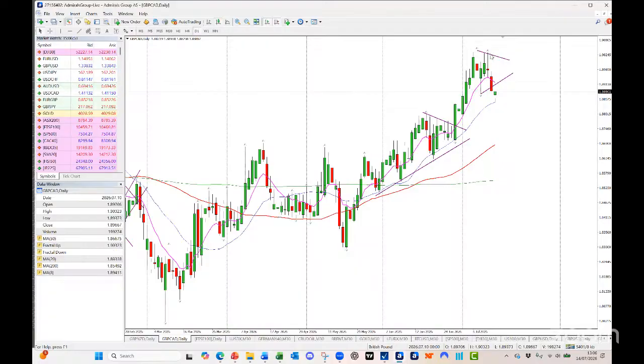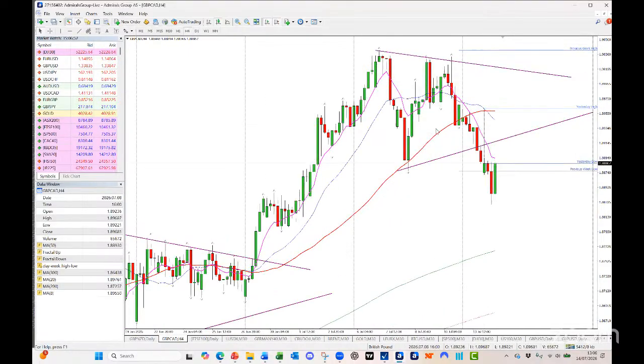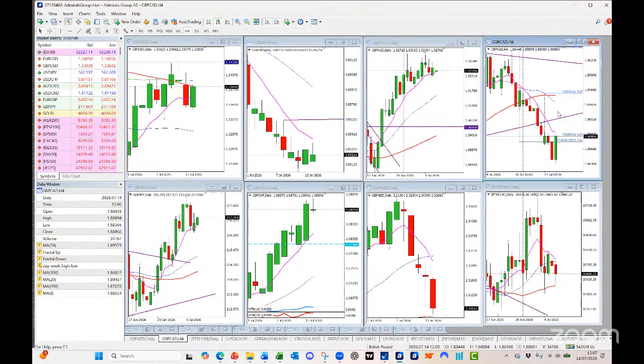It's broken the 0.2, and now we're looking to see, well, actually, can it follow through? Can it work its way from that? All right, is that what we're going to be looking at? Okay, so yeah, bit of Canadian data, bit of UK data. It might be messy until then. All right, so just watch and shoot if it comes up and then looks like it's going to leg down.